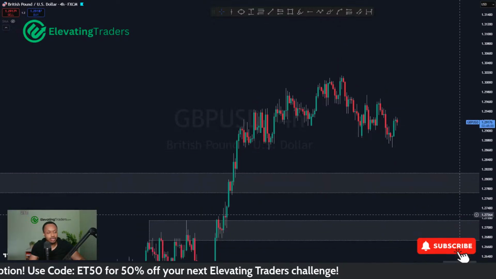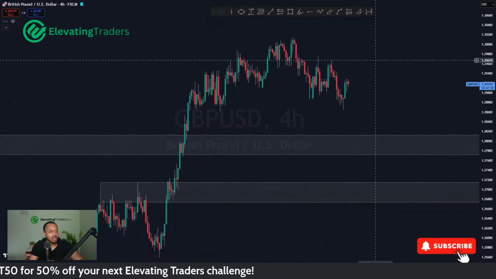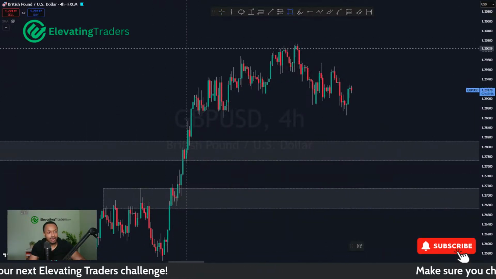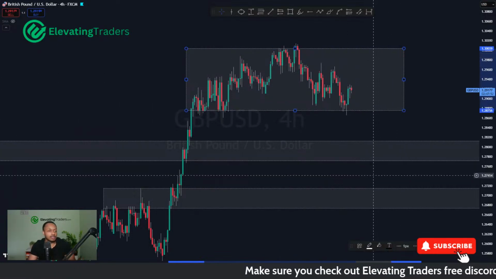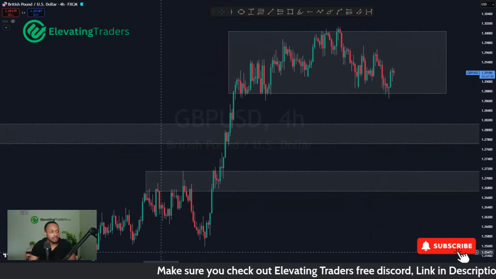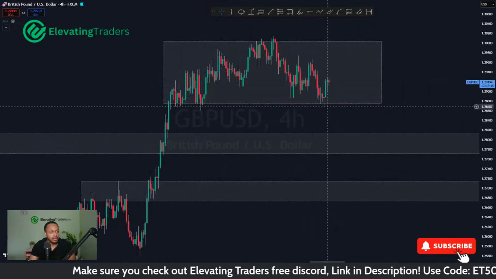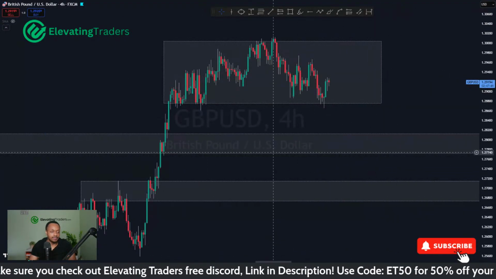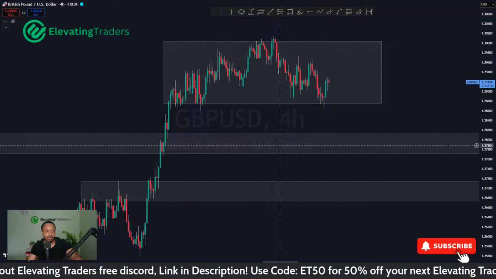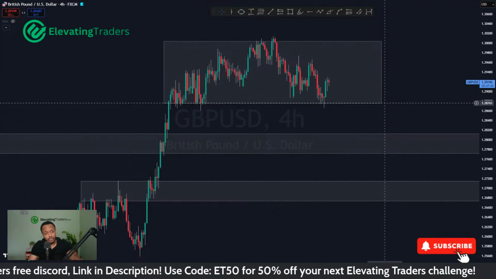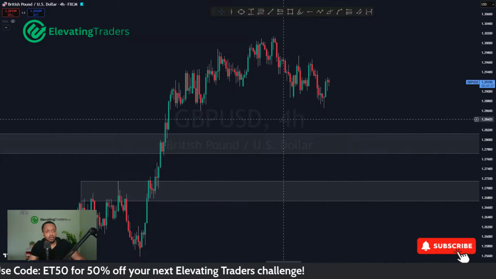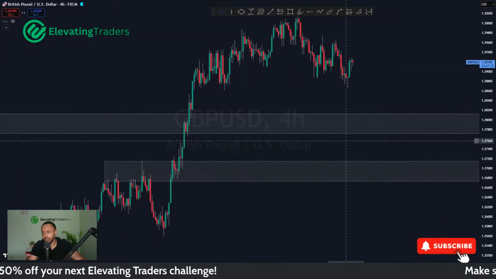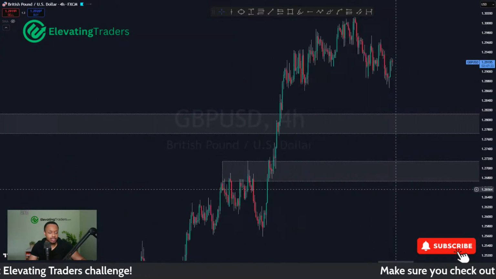Pound's a little bit strong as well, but I'm not really interested in taking Pound USD to the upside right now. To me, this looks like almost a range, to be honest. So kind of just staying away. But all that momentum there, I do think if we can pull back into those areas, there's a good chance we could see a continuation of that. So still pretty bullish on Pound USD. Just need a bit more retracement before I can start to intervene and possibly look for some long entries.